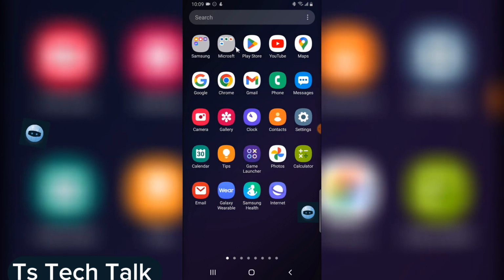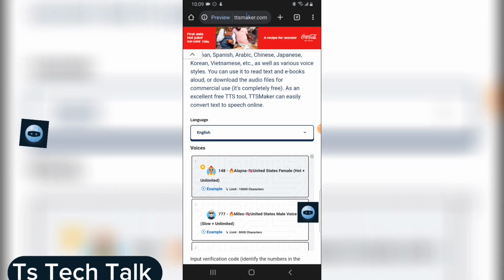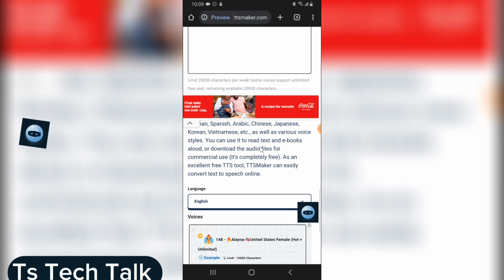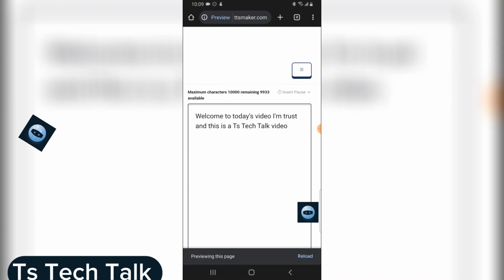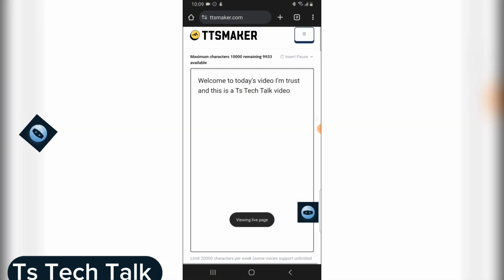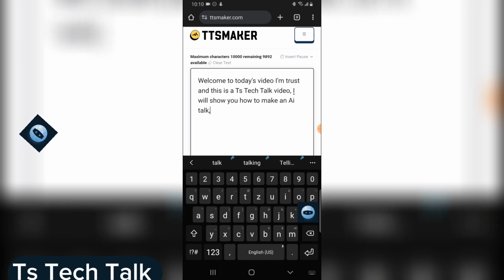Go over to a browser and then type in ttfmaker.com. After typing ttfmaker.com, you can go ahead and type in the text that you want. I just did this morning. That's the reason why it's displaying that way. So once you're done,